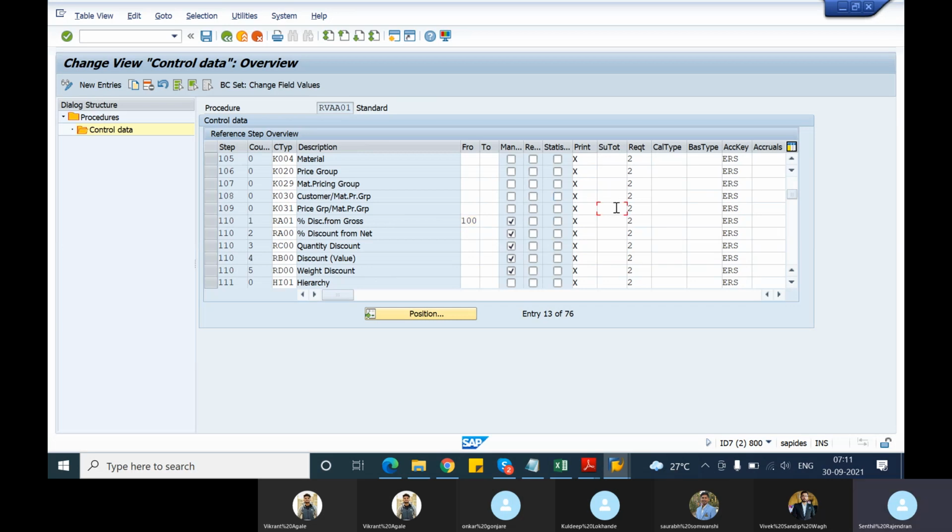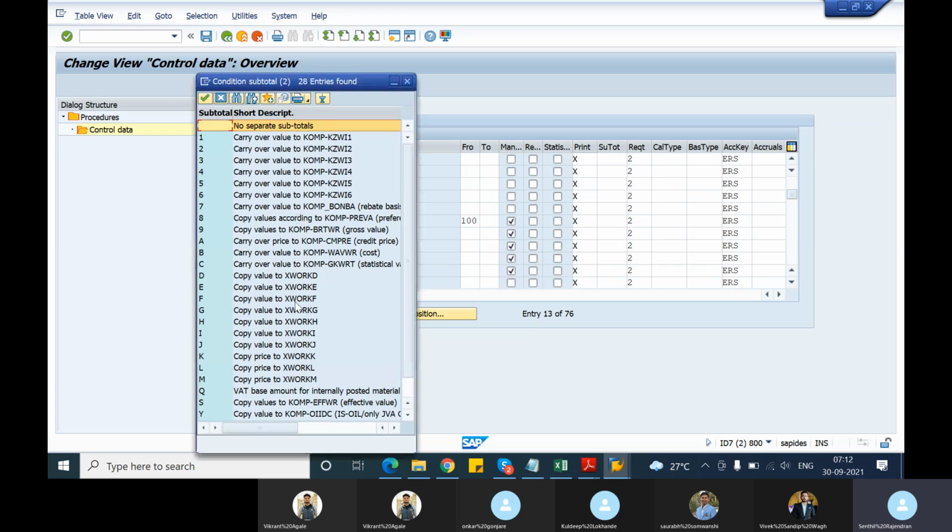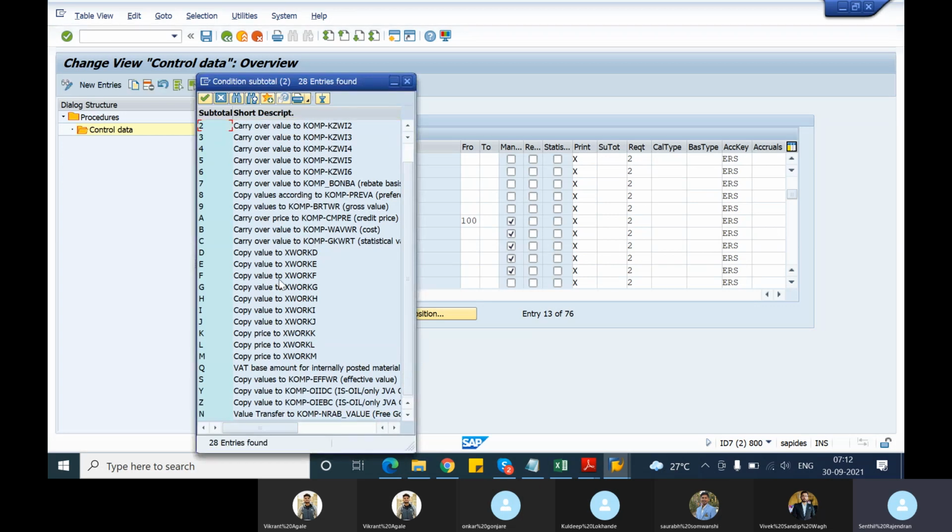Then you have something called the subtotal. Subtotal is nothing but here you have different options maintained here. So if you have subtotal maintained as 7, then the calculated value until that step will be stored in a particular field. Which field you want to store that value in will be decided based on the subtotal which you maintain here. So if you maintain a particular subtotal, then it will specify in which table, in which field the value